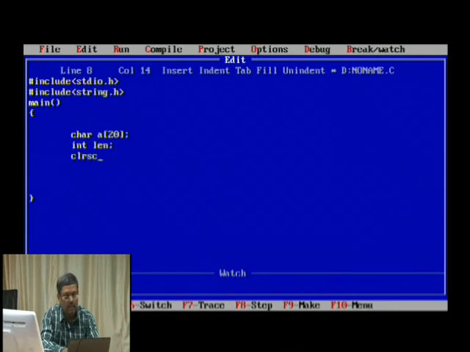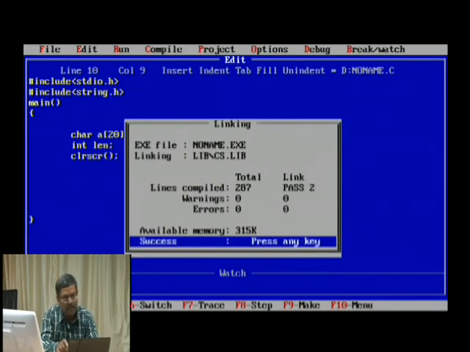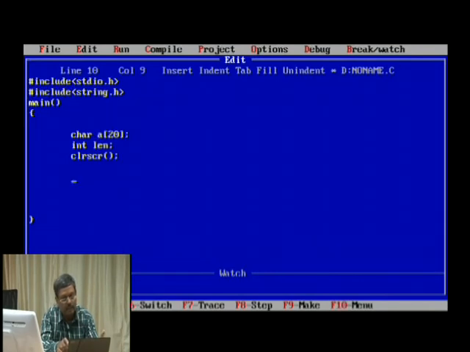So then I would like to clear the screen, and immediately you can simply compile and see whether there are any errors, because if the system has any error, it will report that error. So you can make sure that the system is not having any basic error, because there are no really big statements where I can really make a mistake.